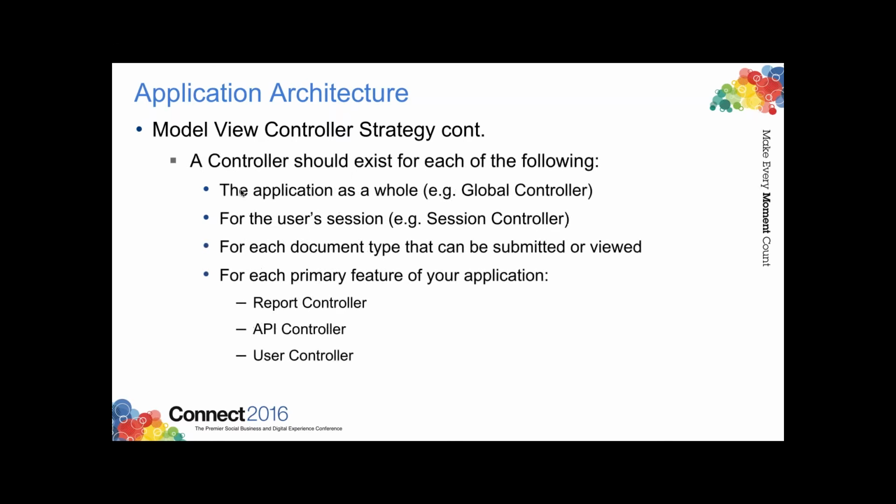All right. We also have controllers that look after the application as a whole. So for example, we have a global controller, and this global controller exists as an application scoped object that looks after the application irrelevant of which user is accessing it. And what this controller does is it provides in-memory list objects that could be used by everyone. So let's say for whatever reason there was a 60 to 70% chance that any user accessing your application will want to know